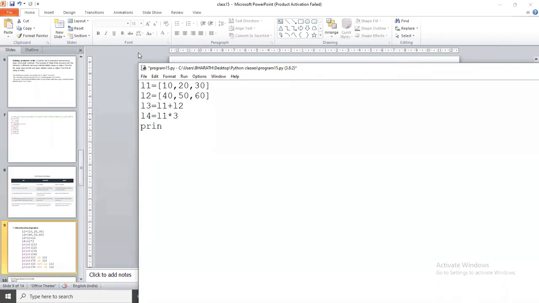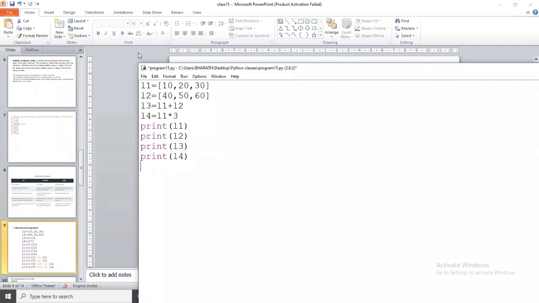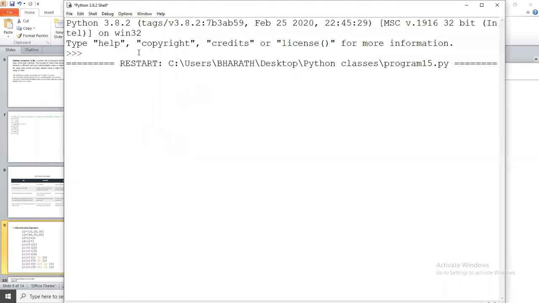Now I am going to print all the lists: print L1, print L2, print L3, print L4. First we execute these instructions. So this is the output.